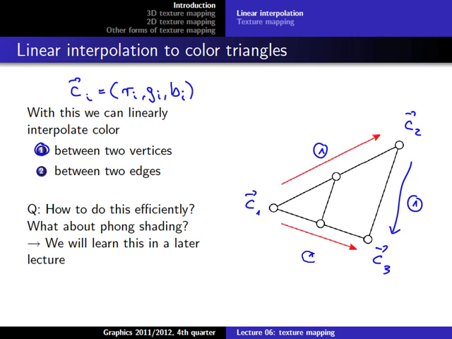But of course we also want to have color within the triangle, but we can also do this by linear interpolation while we are walking along this edge here. While we are walking along this edge here, we can also interpolate between two points here in the same way by doing a linear interpolation, and then we get this smooth transition of the colors that you saw in the image before. So this is pretty simple and pretty straightforward,